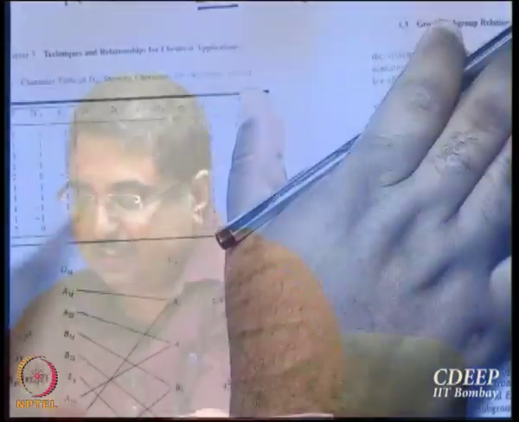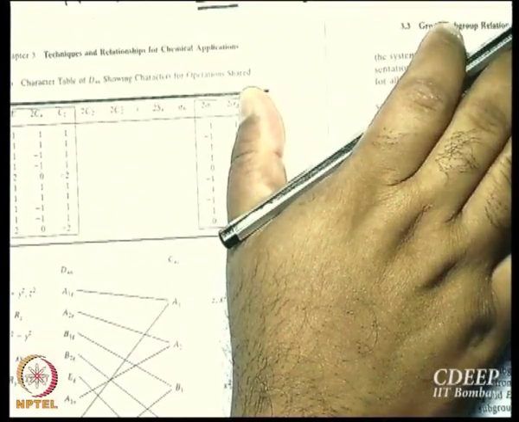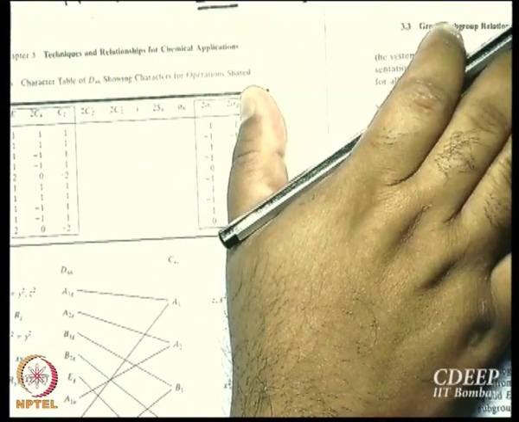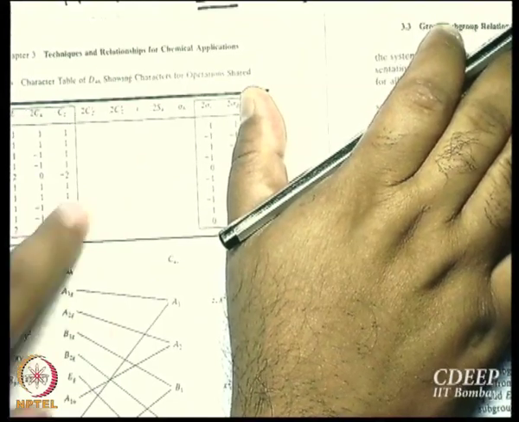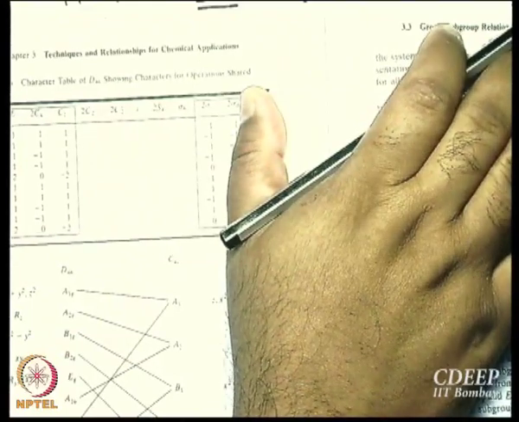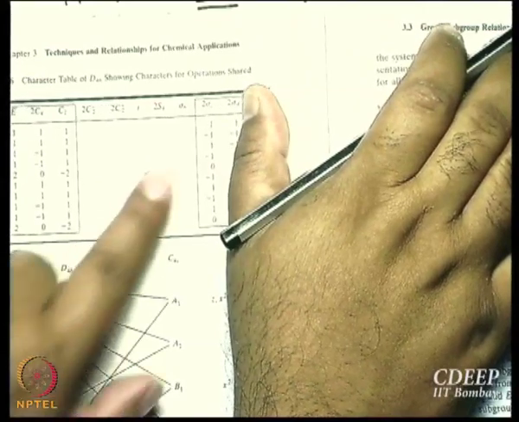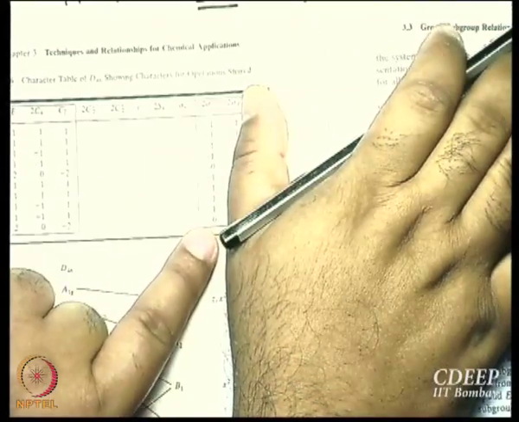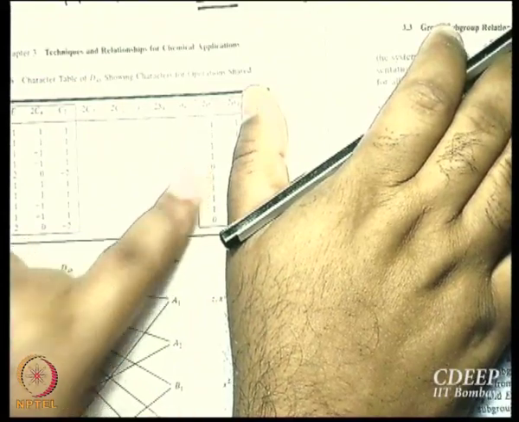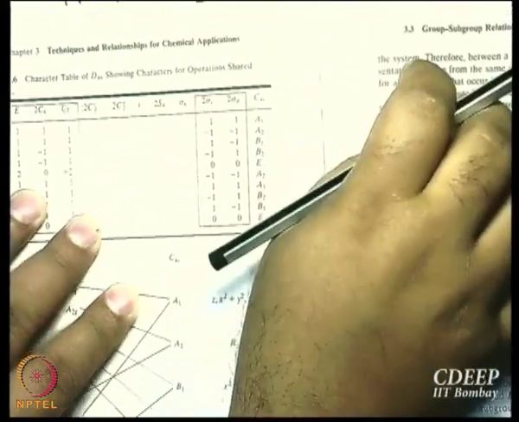Okay. And now what we can do is, looking at these characters, we can try to see what is the symmetry species with respect to C4V. If I have all the characters, then I have the symmetry species A1G, A2G, B1G, B2G, EG, etc. for D4H. Okay. When I have all the characters in between, please ask if it is confusing. Okay. Now what I have done is, I have only kept the characters for the symmetry operations that are retained in C4V.